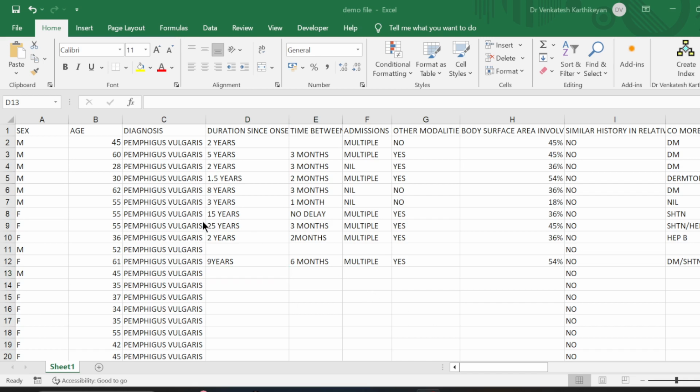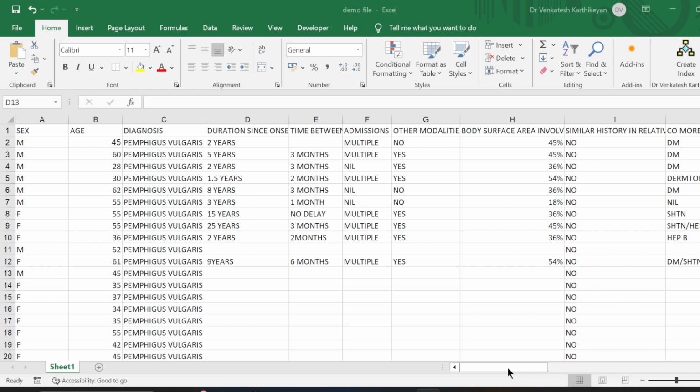Hi, in this video, we'll see how to clean the data which is entered in Excel. You might either be downloading from Google Forms via Google Sheet, or you might be directly entering in Excel. For the purpose of data analysis, having clean data is very much essential. If we don't have clean data, then the time consumed for analyzing the data is going to increase